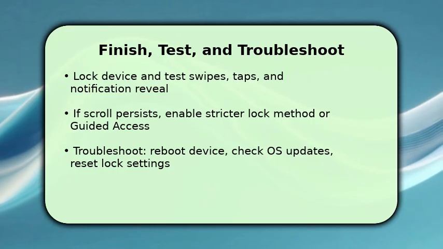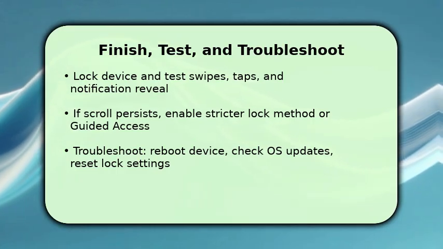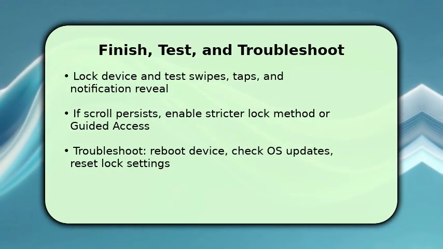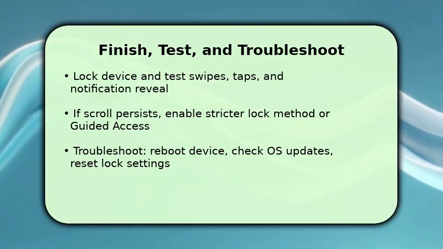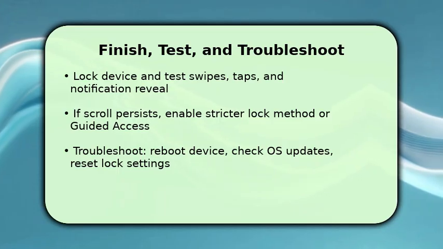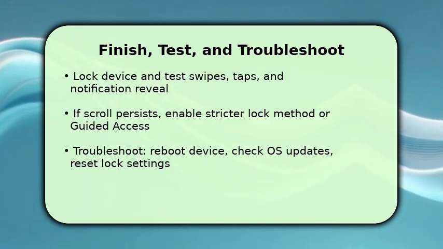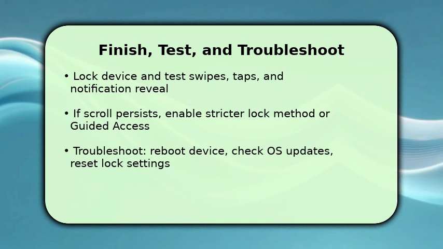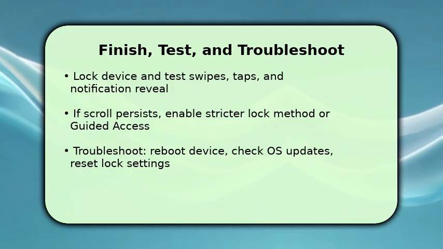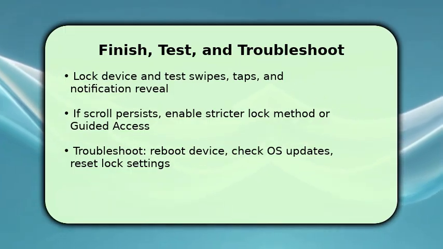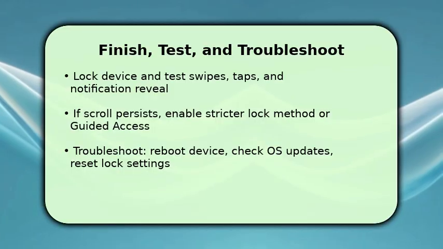If you still see scrolling, tighten security. Switch to a stronger lock method or use guided access/screen pinning to restrict input temporarily. If problems persist, reboot the phone, install pending OS updates, and if needed, reset lock screen settings to defaults, then reconfigure. One key troubleshooting step: test in safe mode or with a new user profile to isolate whether an app or custom launcher is